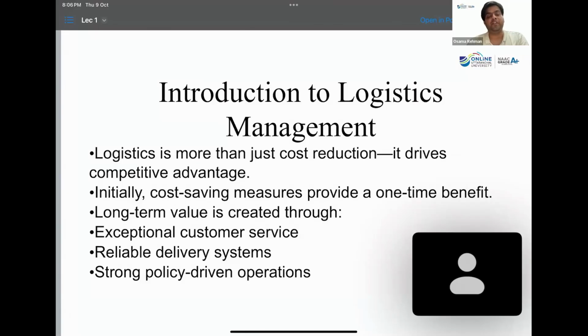Now coming to the types of logistics. The first is inbound logistics. It basically deals with receiving, storage, and distributing raw material or components from suppliers to the manufacturing unit. Second is outbound logistics. It involves the storage, movement, and distribution of finished goods to customers. Third is reverse logistics, it handles the return, recycling and disposal of goods. Next is third party logistics,